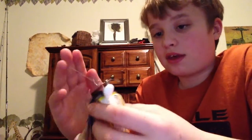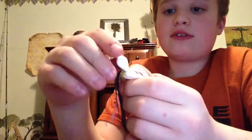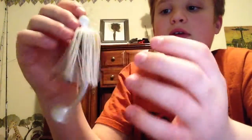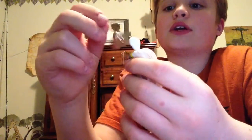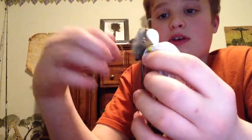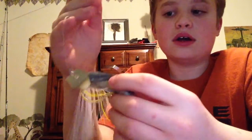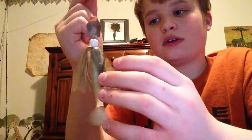This is a Z-Man chatterbait. Okay, chatterbaits are very effective. You're gonna get a lot of bigger bass on them, and sometimes your warm-blooded smaller bass, just because they have more energy. You're gonna get fish on it, but you're warmer spring. So yeah, chatterbaits are effective. They're definitely